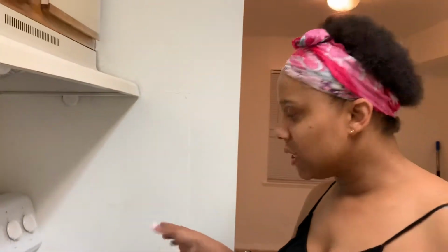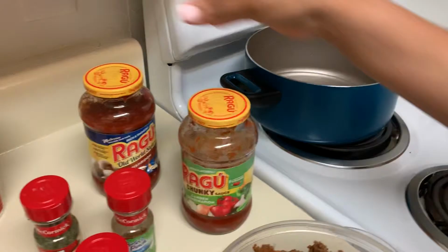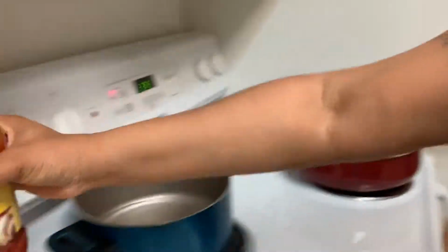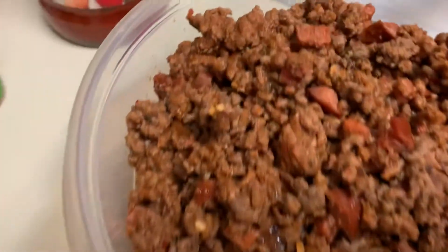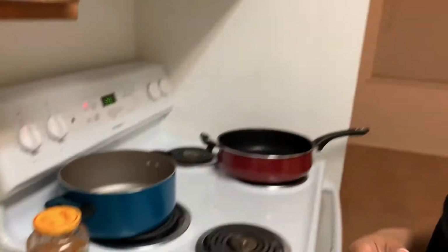So I dropped everything in this pan, and I used over half of garden combination ragu chunky sauce. And then I probably used about that much of the mushroom ragu sauce. I did it just enough to actually coat the meat itself. Just enough to coat it. Okay? You don't want to drown it like you do spaghetti. You want to coat it. So then, what I did,